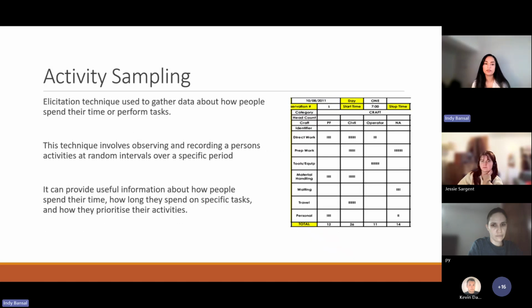And then you've also got activity sampling. This is where an elicitation technique is used to gather data about how people spend their time or perform tasks. So this technique involves observing and recording a person's activities at random intervals over a specific period. It can provide useful information about how people spend their time, how long they spend on specific tasks, and how